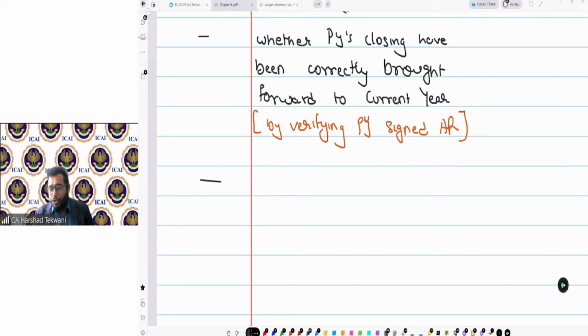Can you give some examples, Shruti, of prior period items that you are referring to here? So understand, my objective here is to identify whether there is any misstatement in the opening balance, to ensure that the current period closing balances are not materially misstated. For that, one step is I check whether the balances have been brought forward correctly. That is done. What else?